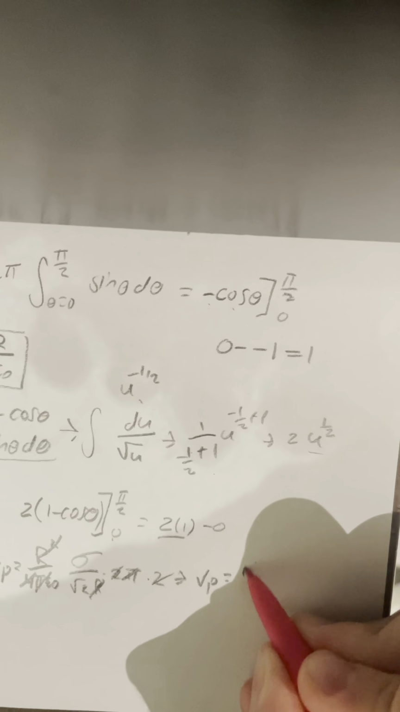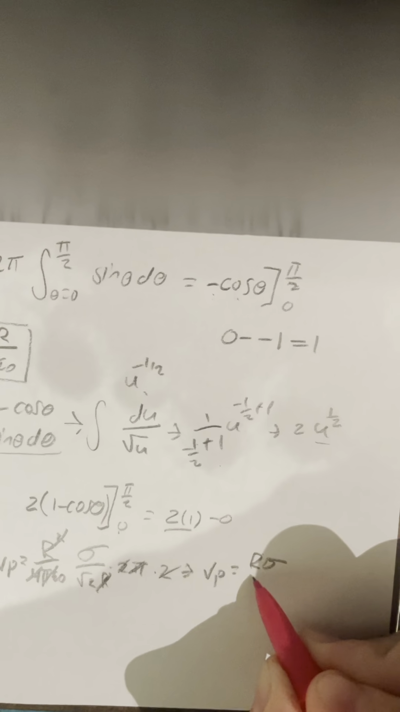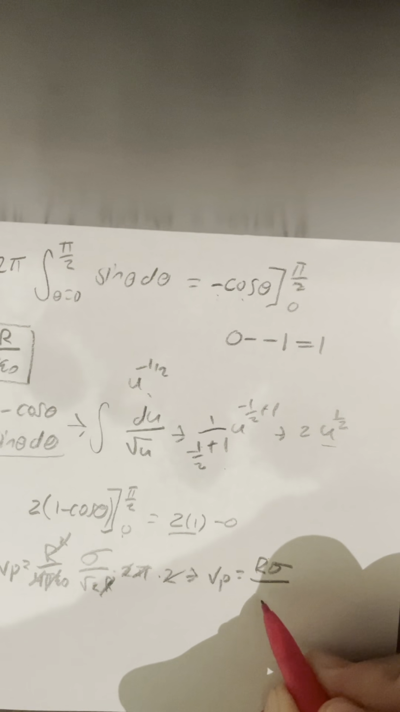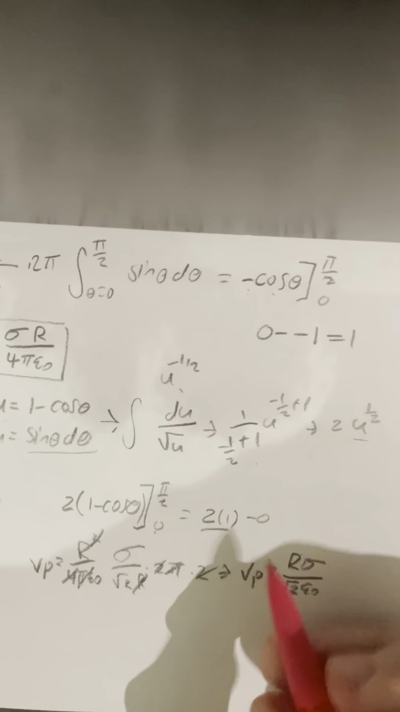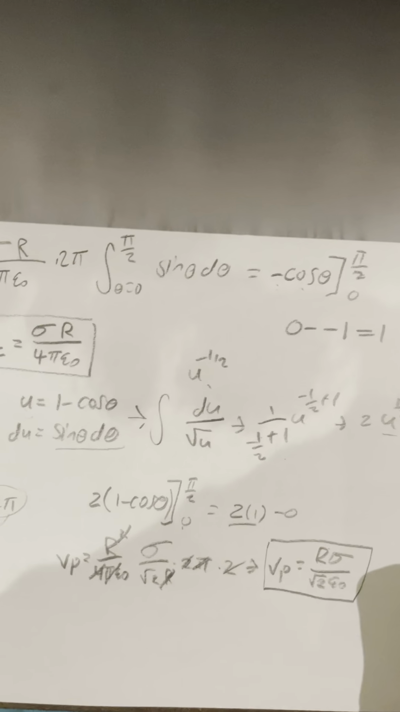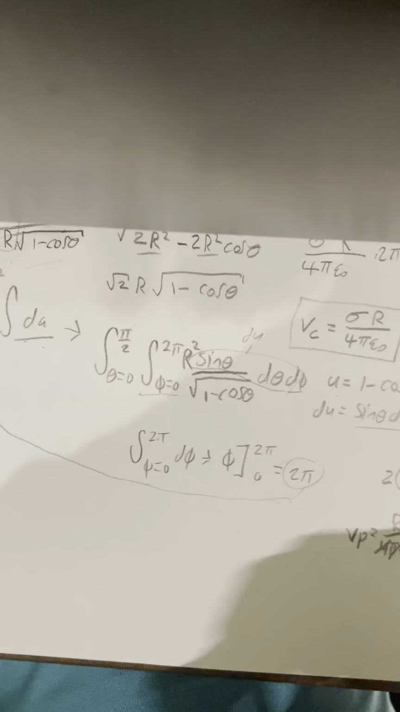And so now we're able to write the actual electric potential at the North Pole, which is r times sigma over square root of 2 epsilon naught. Remember that the question is asking us to find the potential difference between the electric potential at the North Pole and the center. With this piece of room I have, I'm going to do that. So we have the electric potential at the North Pole, the electric potential at the center, and so we have sigma r over square root of 2 epsilon naught minus sigma r over